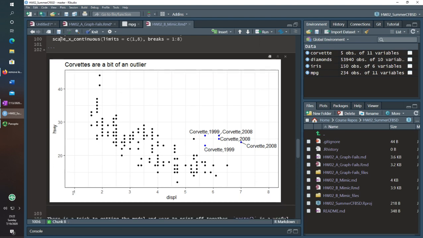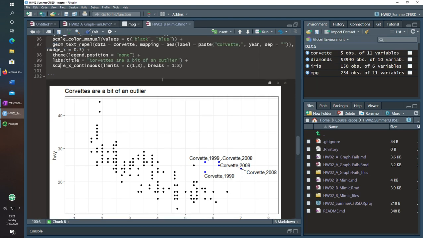I actually wanted to include, I went to 0 and up to 8, just to show how you do it. You set the limits of c(1, 8). Basically, that's the minimum and the maximum, because you're on scale x continuous, so you have to think about it as the min and max. If you wanted to change the y, you would say scale y continuous, and then you do the min and max with the limits as well.